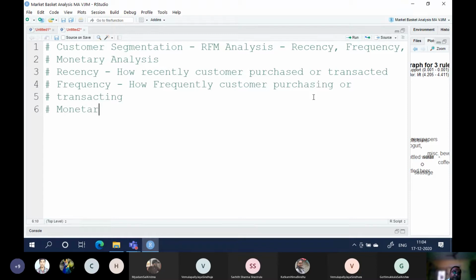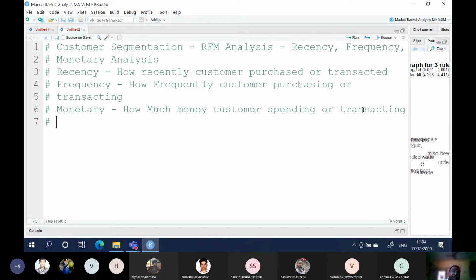Monetary means how much the customer is spending, how much money the customer is spending or transacting. So this is the understanding of RFM analysis: recency, frequency, monetary analysis.